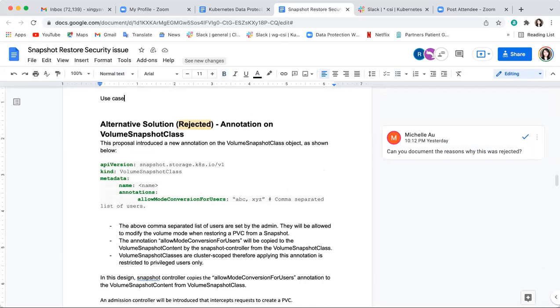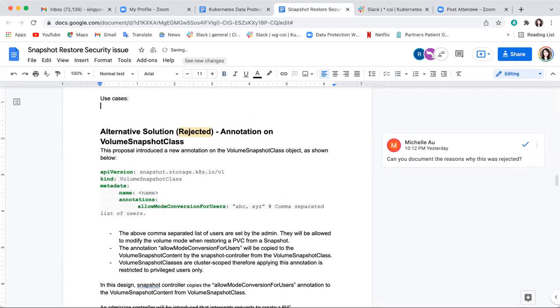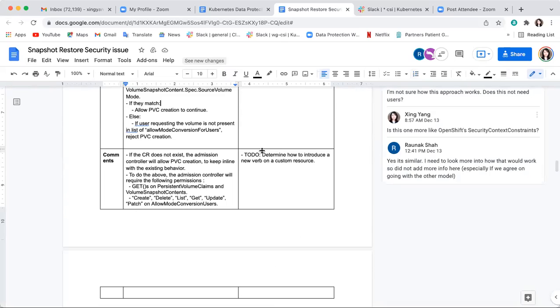Sorry. Wait, I think I understand what you're saying, that something similar to what we're proposing has previously been rejected. But I think that the current proposal that we're asked to do, the alternative to the one that has been previously rejected, has some problems that we would have to address. Yeah, I'm not saying we're not going to address that, right? I'm just saying, list of users, do you want to jump? I'm just thinking that we don't necessarily want to jump to this one. Right now I don't see that we have enough.